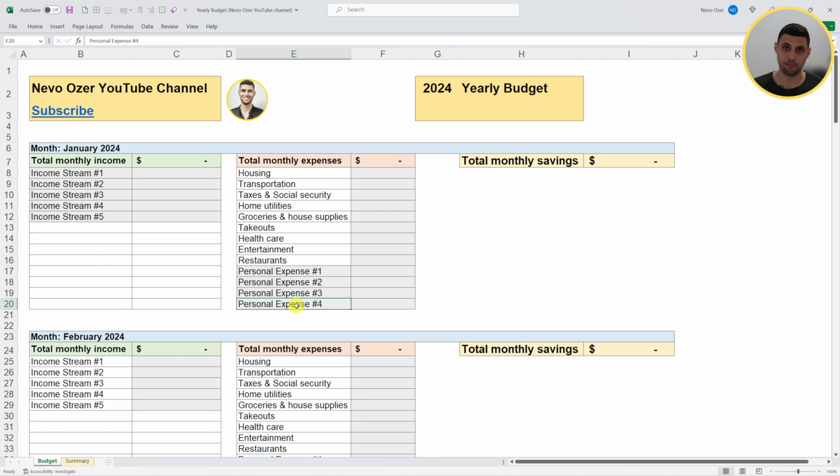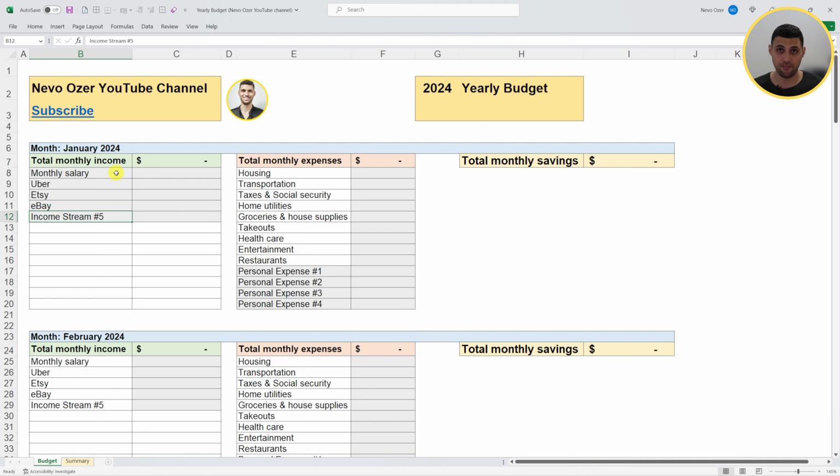I'm going to use dummy numbers, but of course you need to use the actual numbers of your income and expense of the month. So let's say that I have a full-time job and I also drive an Uber and sell some stuff on Etsy and eBay. Then I'd want to personalize my income streams. So what I'll do is go to the first income stream and change it from income stream number 1 to monthly salary. Now I'll also change the second stream to Uber, the third to Etsy, and the fourth to eBay.